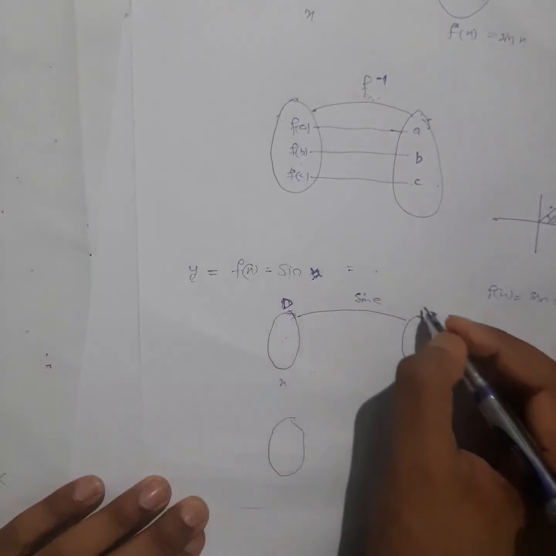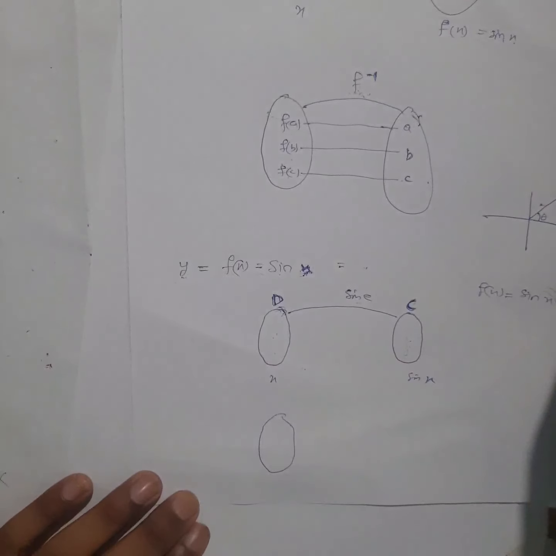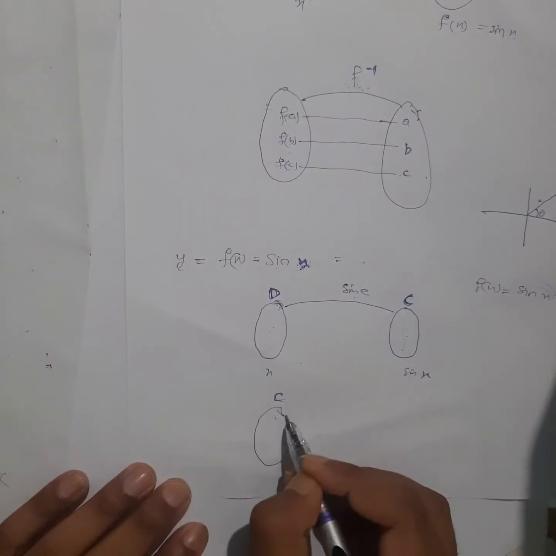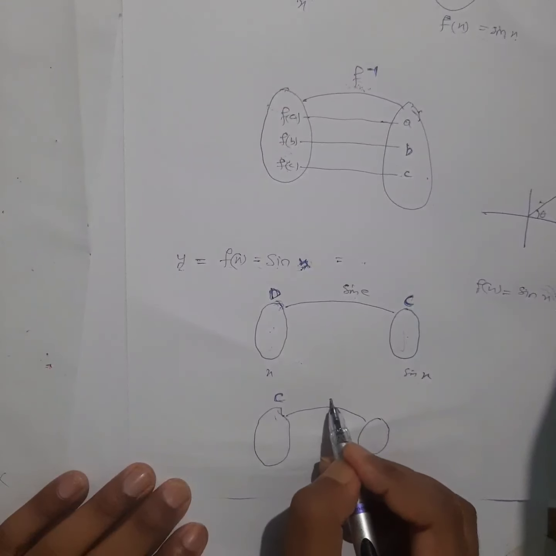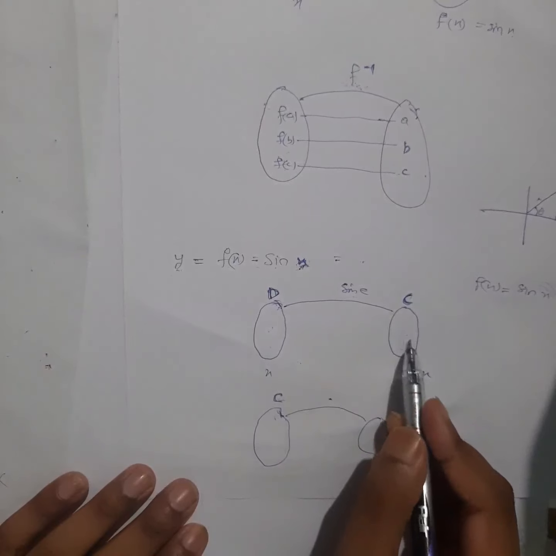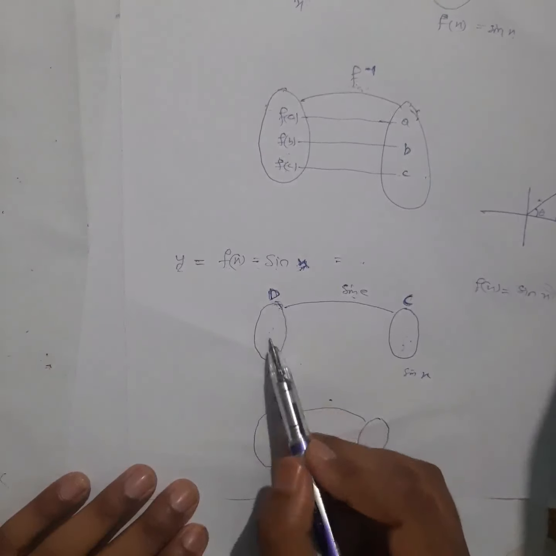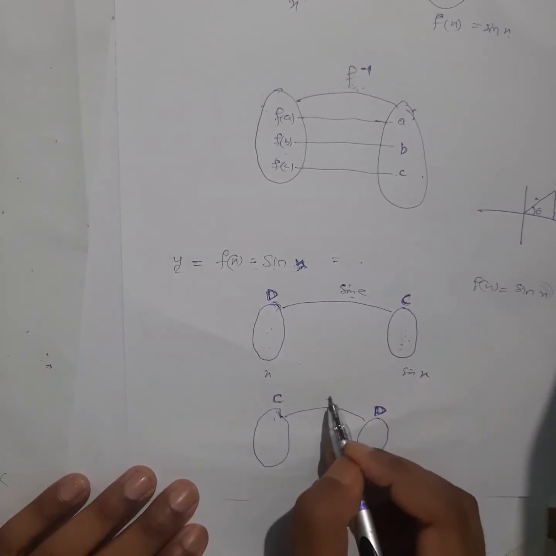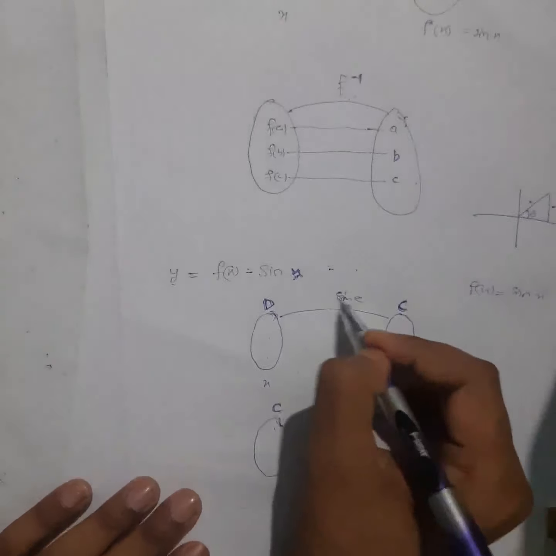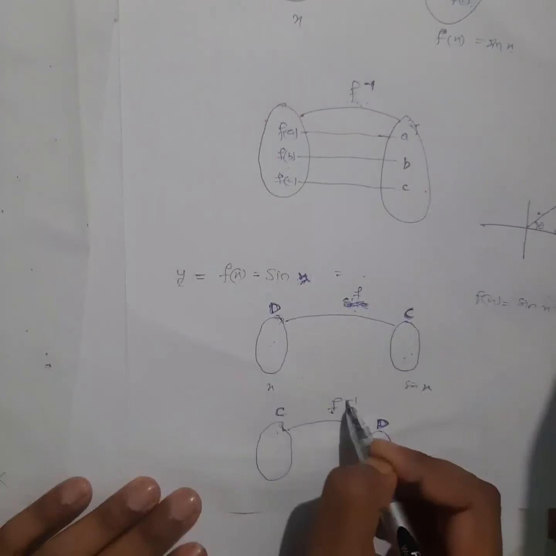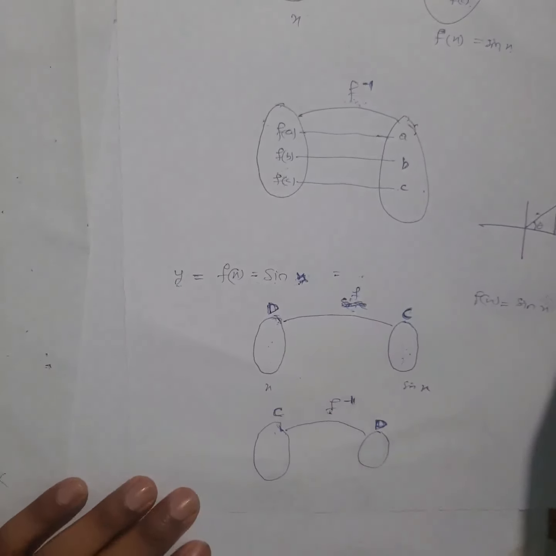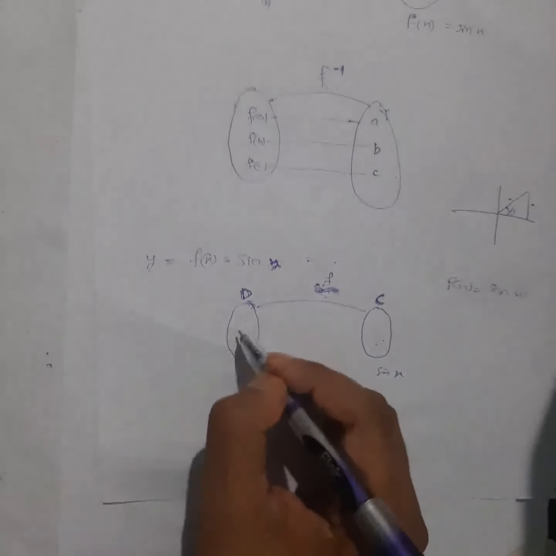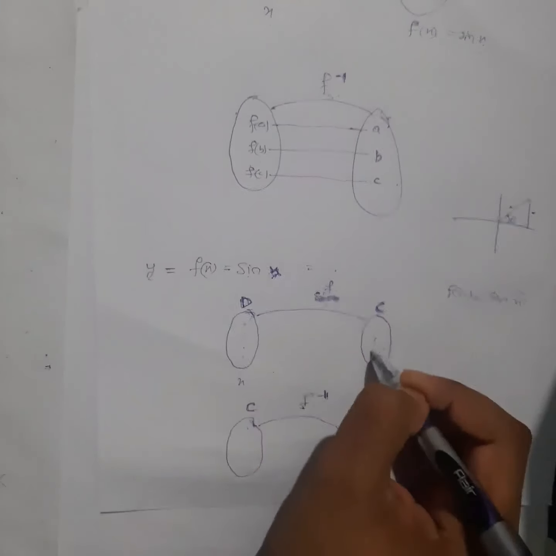Let me write D here, and this will be the codomain. Why am I finding this? Because when you find the inverse, you need the codomain of sine and the domain of sine so that you can reverse this one. So this will become the inverse. I will not write the symbol right now. If I write this one as f, this will be the f inverse function. So for this inverse, I need the domain and codomain first. That is the first important thing. So I have to find the domain and range. How will I find them?